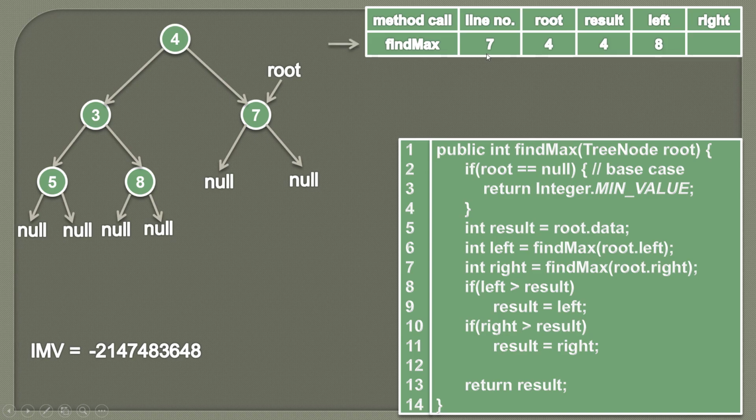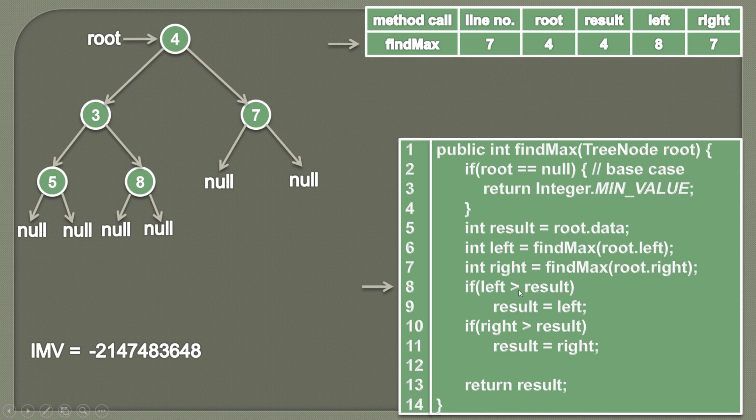Execution point will reach here. We had left at line number 7, so we'll start executing from line number 7, where root was actually pointing to 4, so root will point to 4. And the findMax method which got executed before this findMax method returned the value 7, so 7 will be stored in right. So here you can see, for this complete binary tree, we have now got all the three values: the root's value, the maximum value of the left subtree, and the maximum value of the right subtree. So we'll compare these three values and get the maximum value of this complete binary tree.